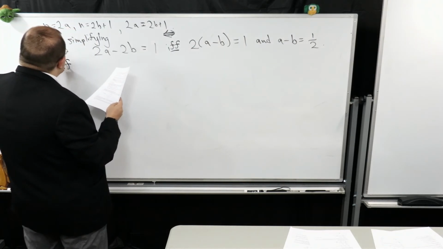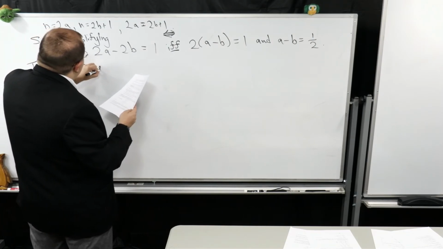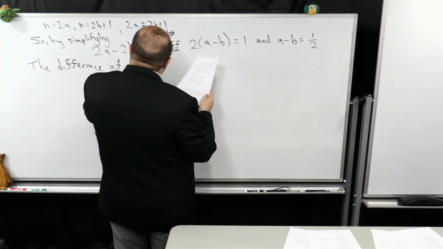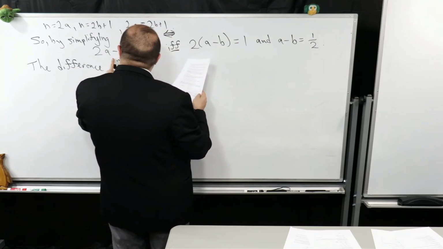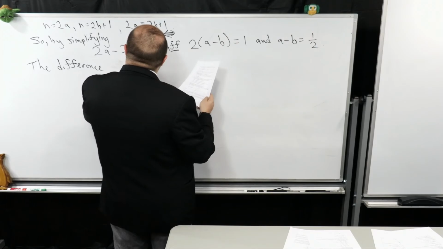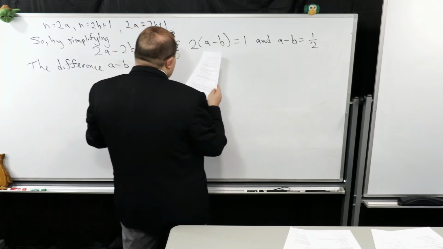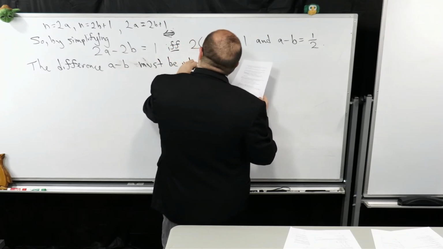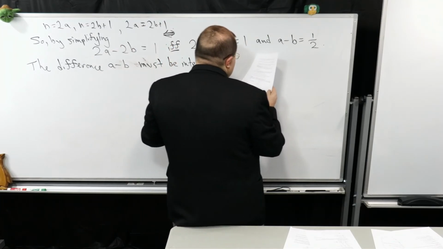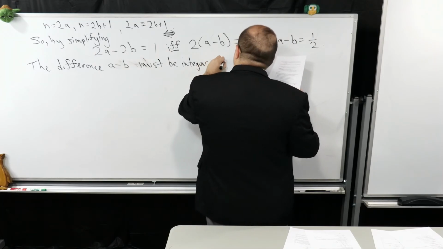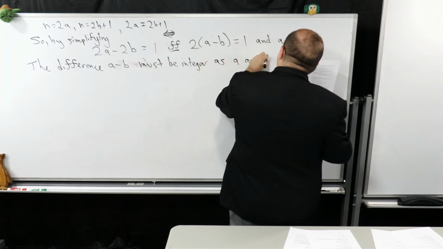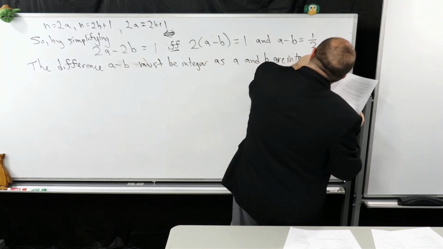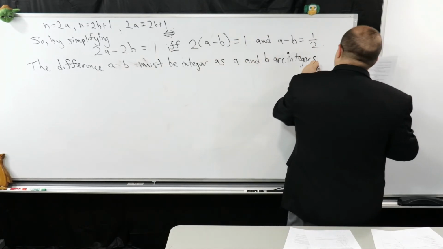The difference A minus B must be an integer, as A and B are integers, right? However,